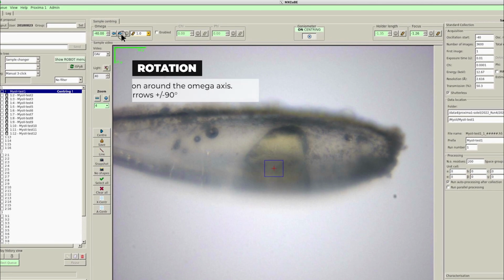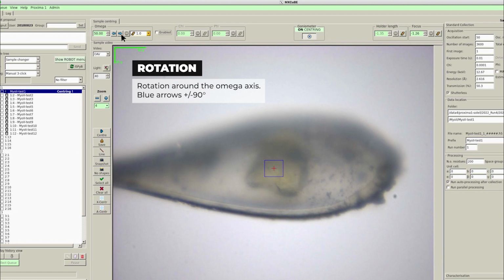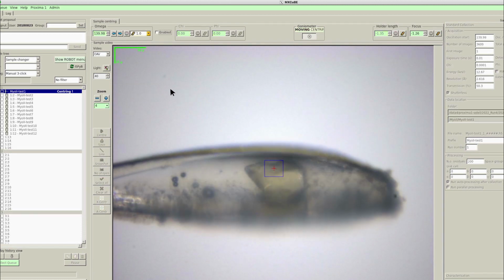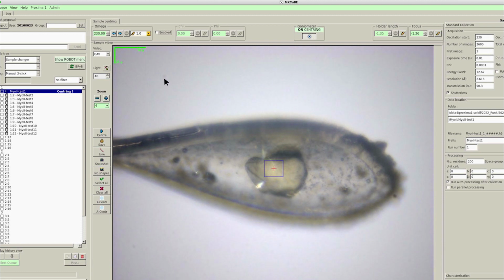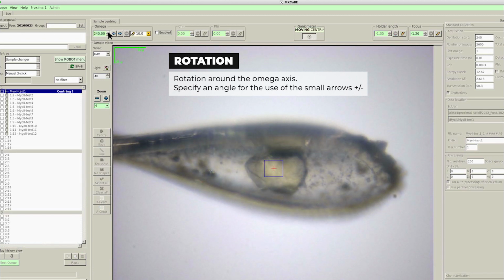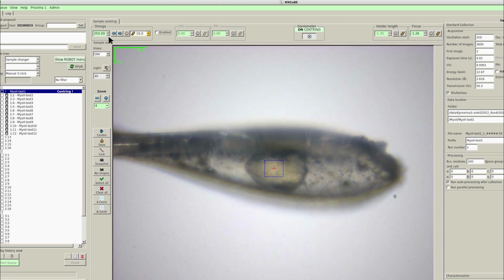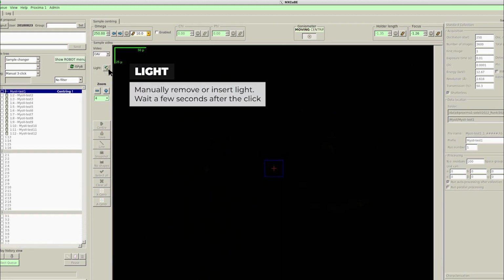You can rotate the crystal by 90 degrees step with the left and right arrows, or by a smaller degree step with the small up and down arrows. You can switch on and off the light.